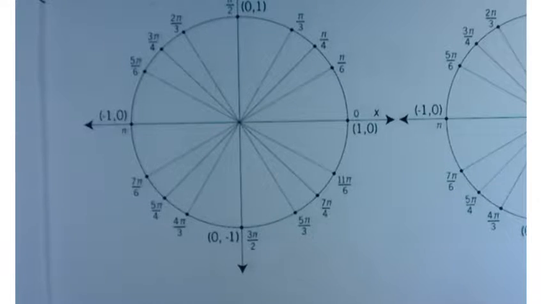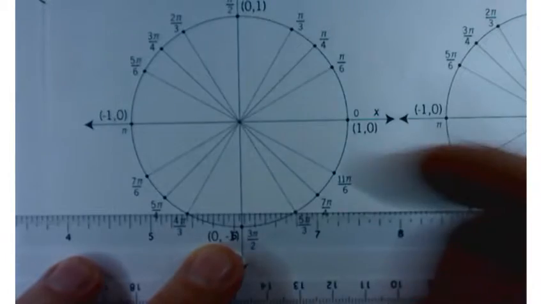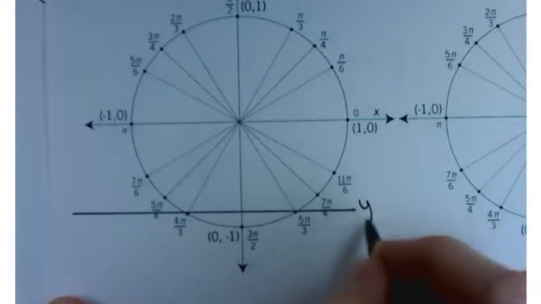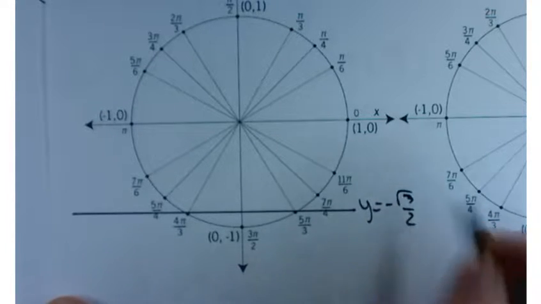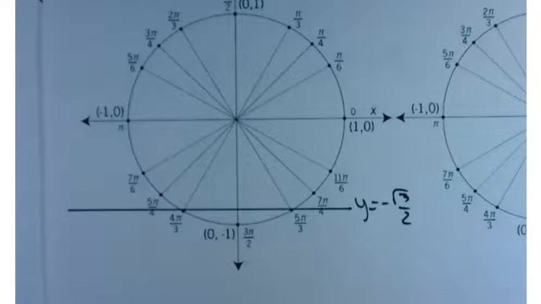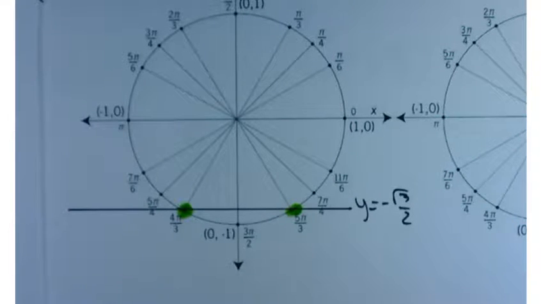So that's down here someplace. So y equals negative square root of 3 over 2. And you can see that there's two places where that line crosses the circle